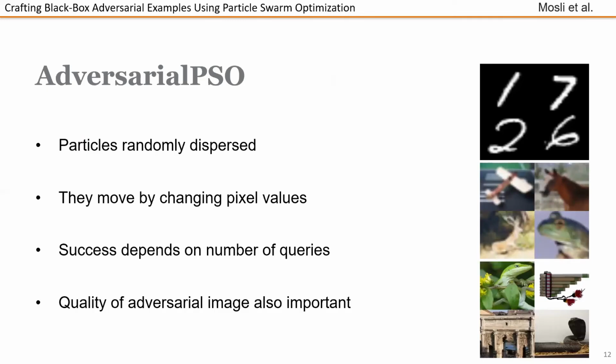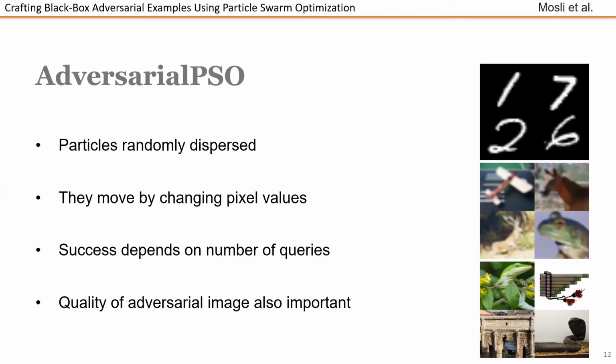Our attack, called AdversarialPSO, disperses the particles in the search space around the input and moves them towards better fitness. For images, particles move by changing pixel values. Depending on the dataset, that could mean 1 or 3 channels for each pixel. For color images, a pixel consists of R, G, and B values, each being a single channel. For grayscale images, each pixel has only a single channel. The attack begins with setting a query budget, and for our experiments, we use the same query budget as related work. Then, for each sample, we launch the attack, and if an adversarial example was generated within the query limit, it is considered a success.